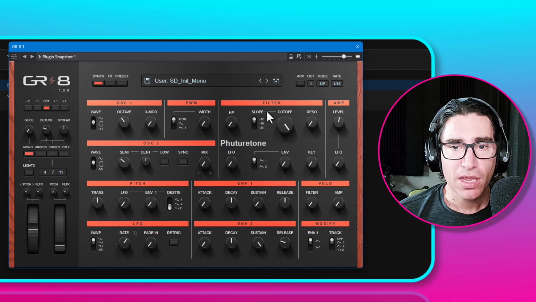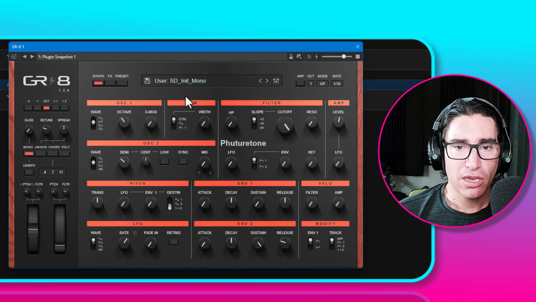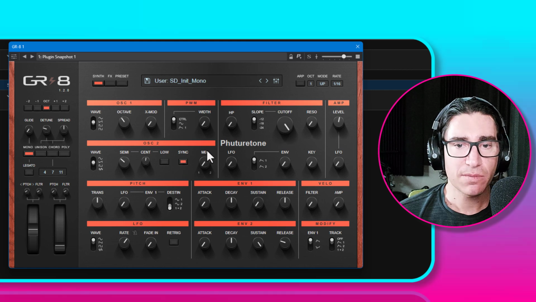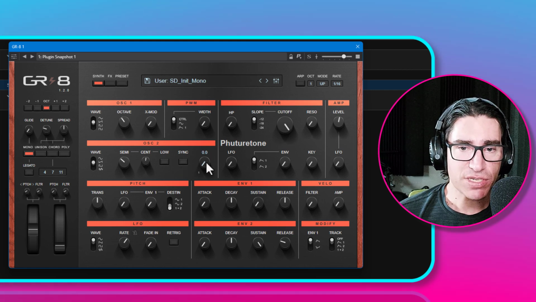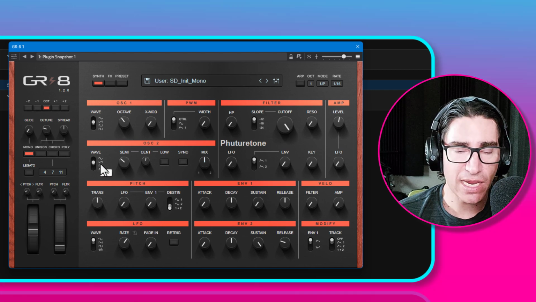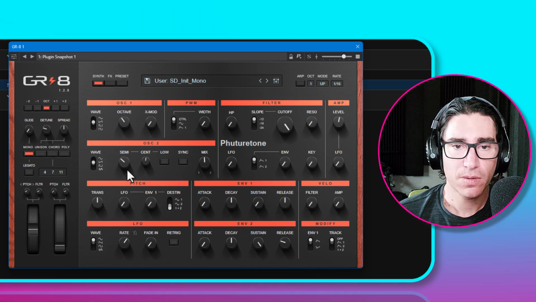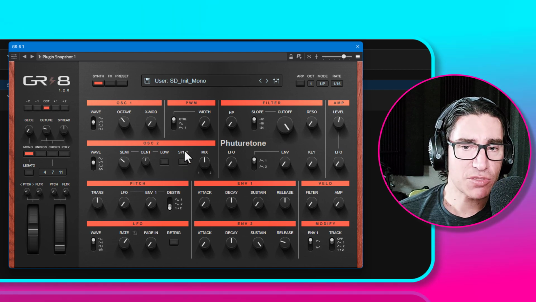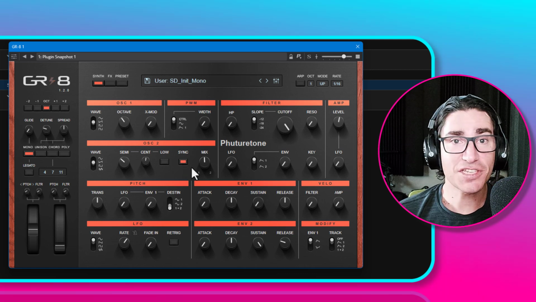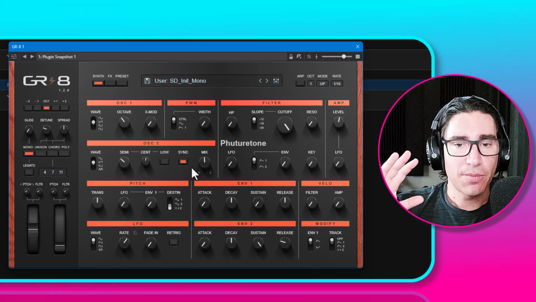Okay, so here on GR8, what we do is simply activate this button called sync. And now let me deactivate it for a second. Here we have two oscillators going on at the same time. Both of them are set to sawtooth wave, and this is how it sounds. Listen to what happens when I activate the sync button. Nothing special happened, right? Behind the scenes,